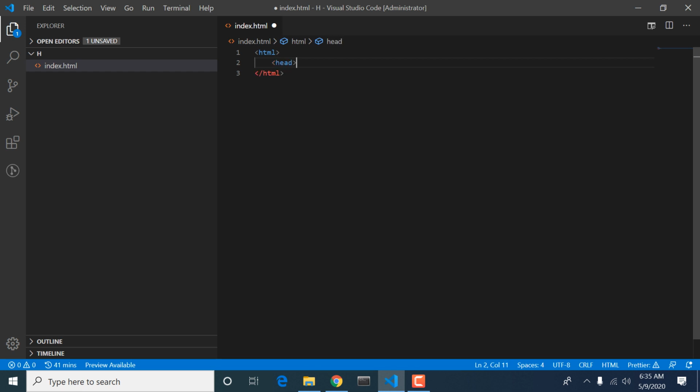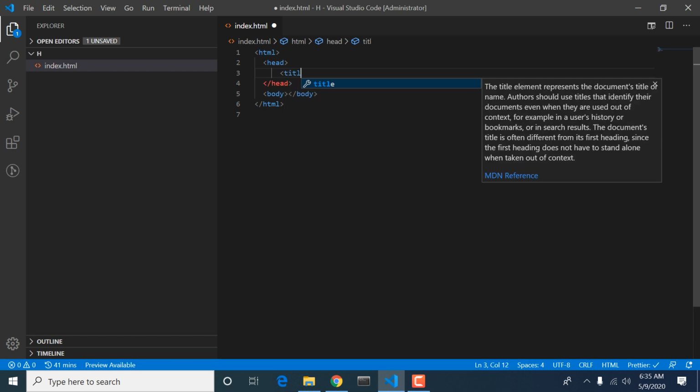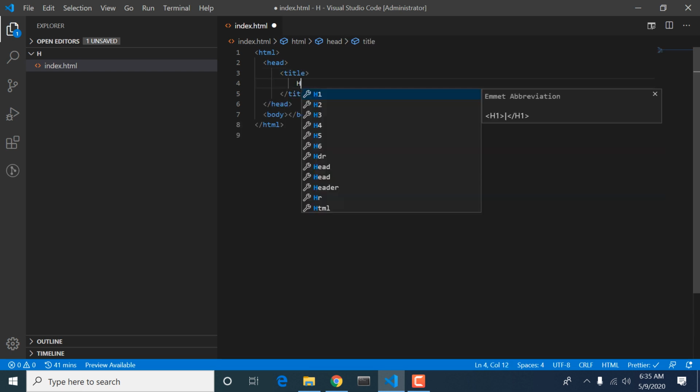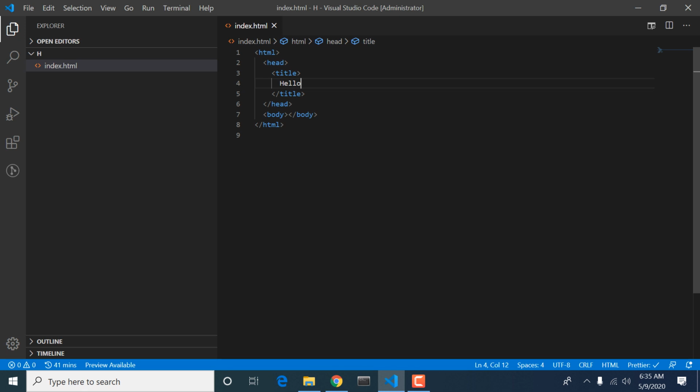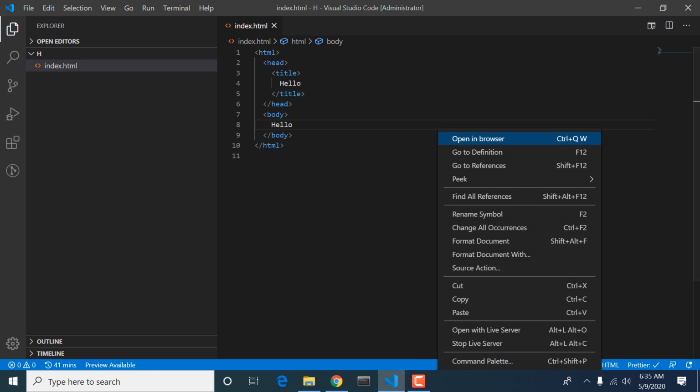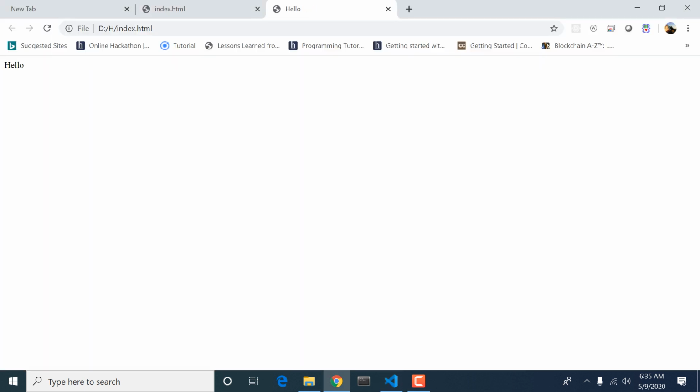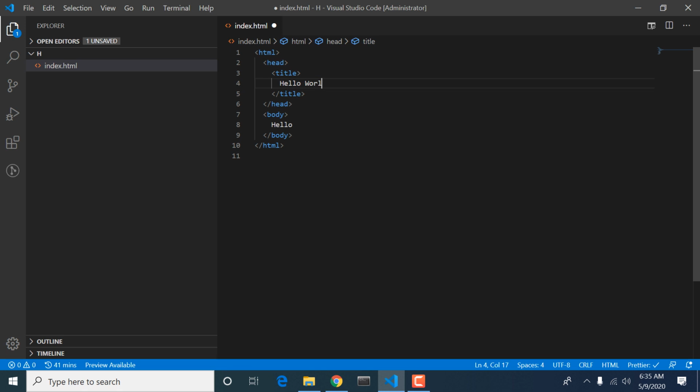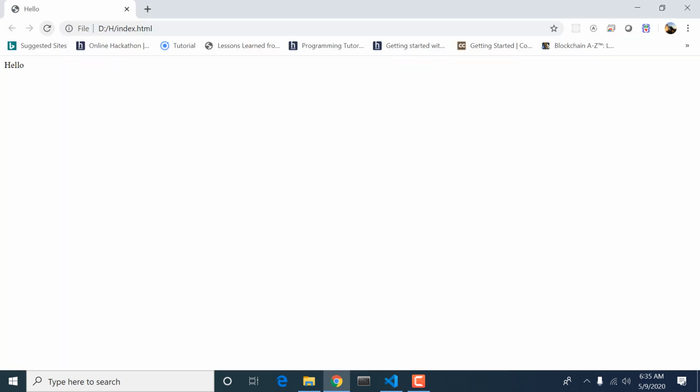We have a head tag and we have a body tag. Actually, these are not used too much in our day-to-day routine. In the head tag, we have another tag called title. If I write a title like hello world, it shows up here.